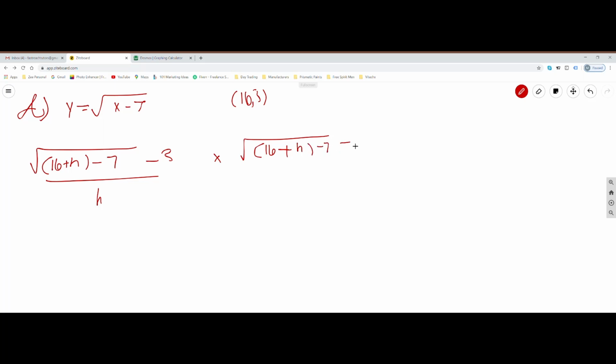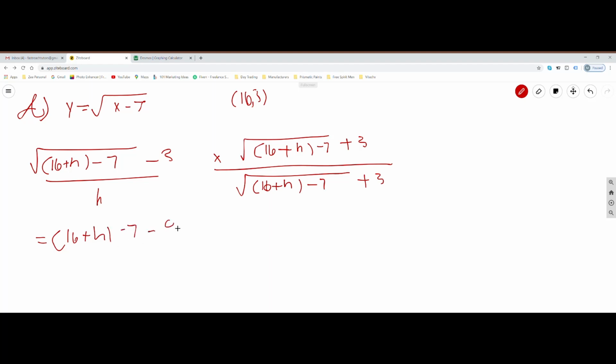Minus 7 plus 3, which is a conjugate. And then you do 16 plus h minus 7 plus 3. So you're left with 16 plus h minus 7 minus 9 over h square root 16 plus h minus 7 plus 3